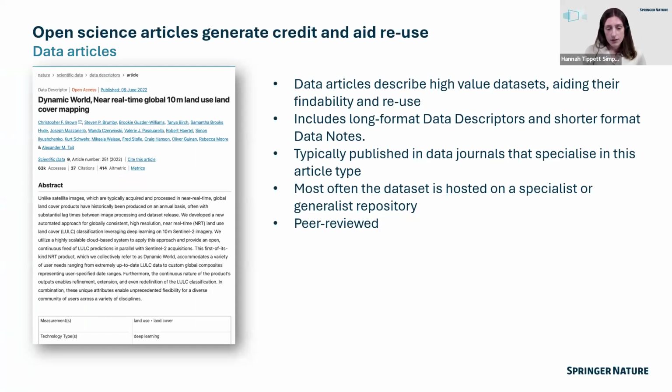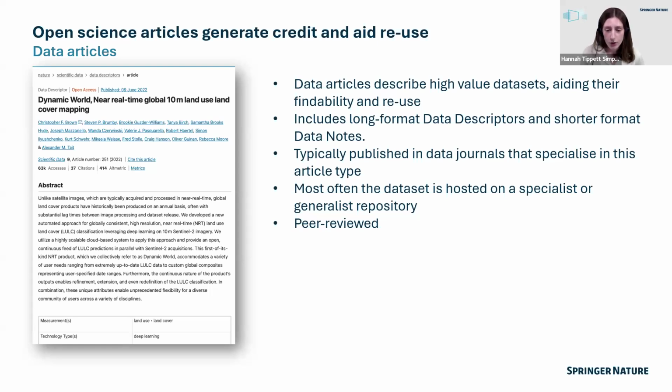So one of the clearest, easiest ways to get recognition is through a data article, sometimes called a data paper. They are peer-reviewed publications that focus specifically on describing usually high-value data sets, how they were created, structured, and how they can be reused. Obviously, it improves findability, transparency, all the good things, but it also gives you credit for the effort and the expertise involved in generating that data, just like a research article does.